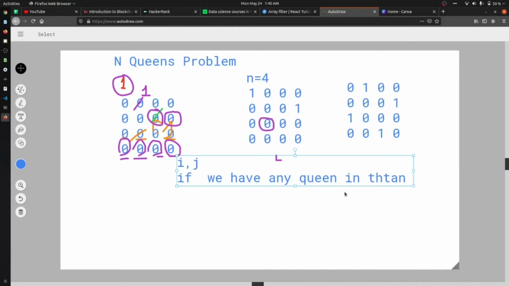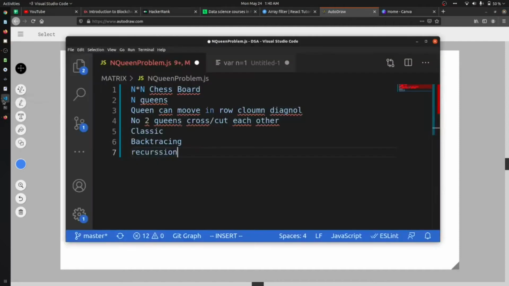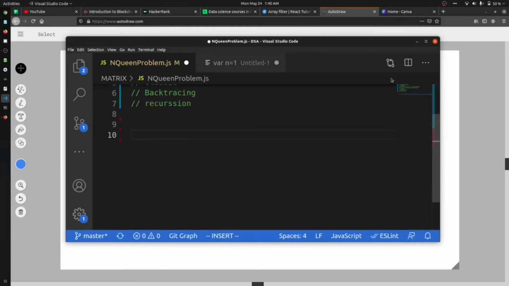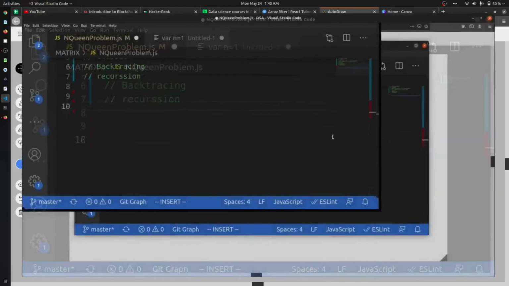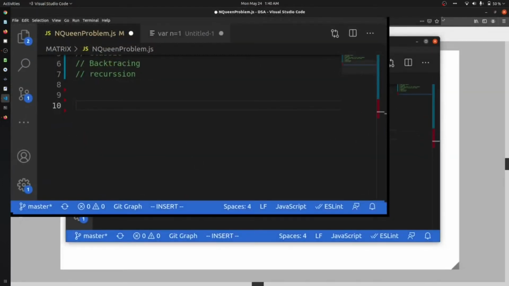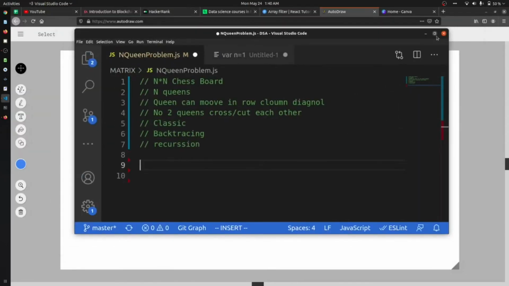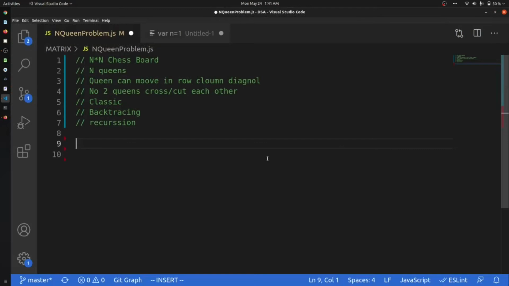Firstly, we will just check whether the position of my queen is safe or not. So let me come to my VS Code and let's start doing my coding. Let me maximize it. Okay, so let's say that we have n as 4. Currently I'm just creating for the question that we have solved. So I'm gonna create an array.